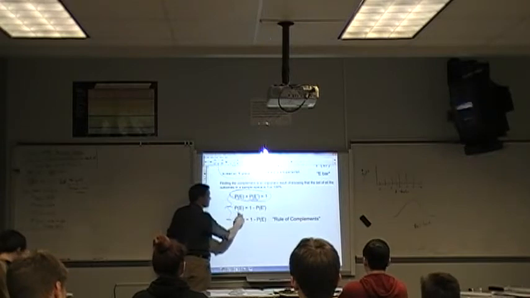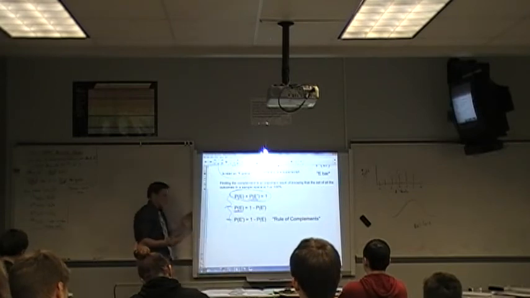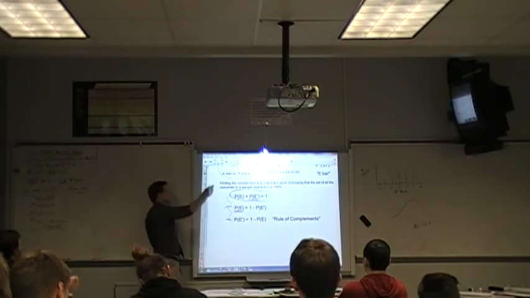Okay, so the probability of an event is just 1 minus the probability of its complement. The probability of the complement is just 1 minus the probability of the event. That makes sense, because they have to add up to be the whole sample space. So let's look at